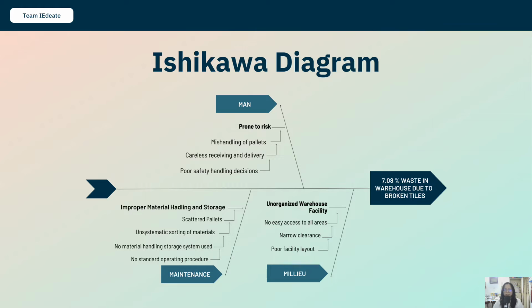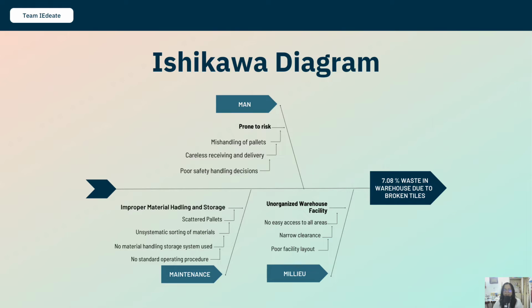Our Ishikawa diagram consists of 3 M's, which are man, maintenance, and milieu. Under man, the poor safety handling decisions and techniques, careless receiving and delivery of workers have also led to broken tiles. Maintenance, since there is improper material handling and storage system being used, products are becoming more vulnerable to being broken. Lastly, in milieu, not all pallets are easily accessible to the operator, since clearance is also narrow due to